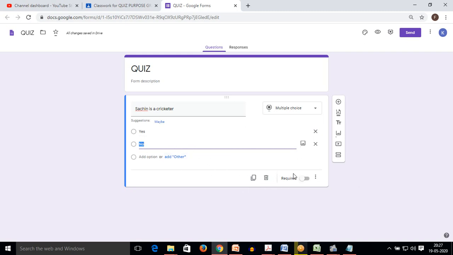Now coming to this point, you can see a required section and there is a button. If I click on this button, it will turn blue, and this indicates that this question becomes a compulsory question. Quizzes can be of two types.